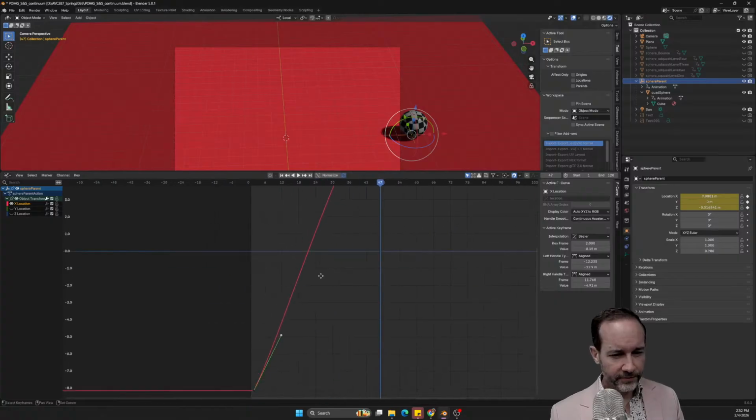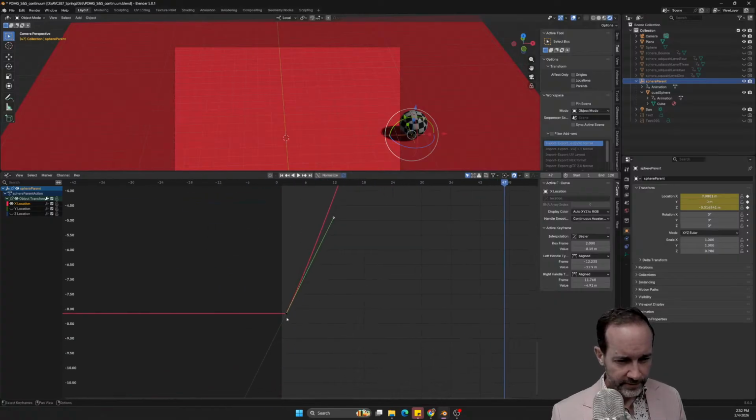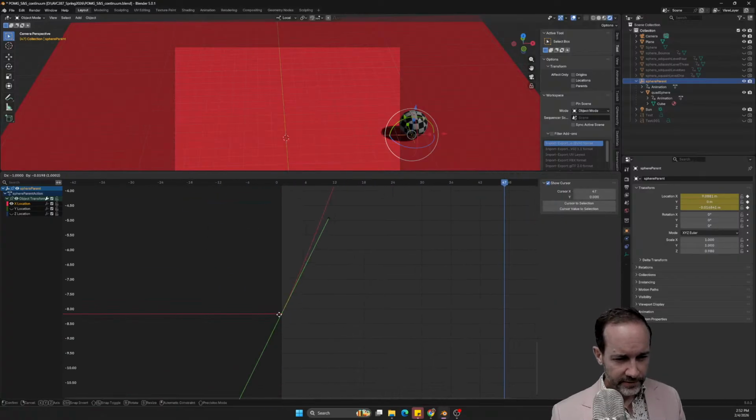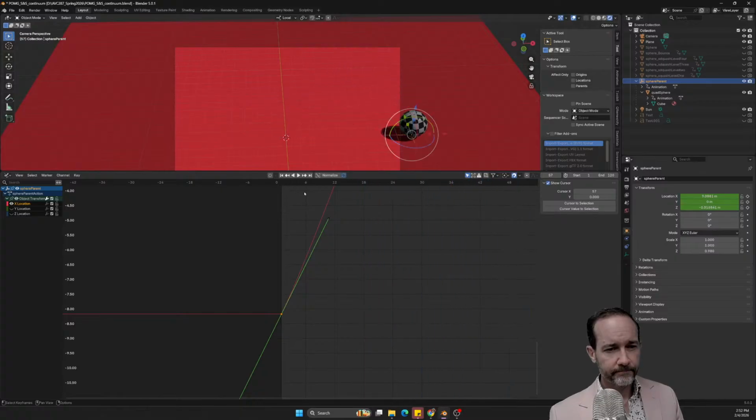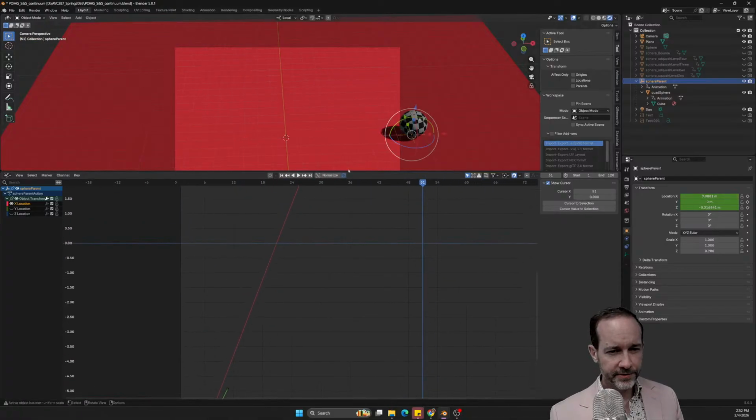And at the beginning, it's still sort of a weird hitch there. Let's take this and move it back. Yeah, it kind of stops a bunch there at the end.